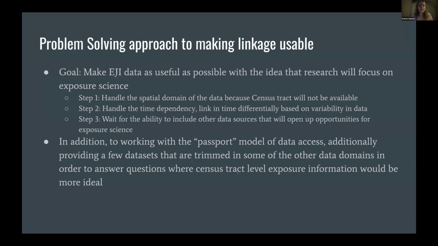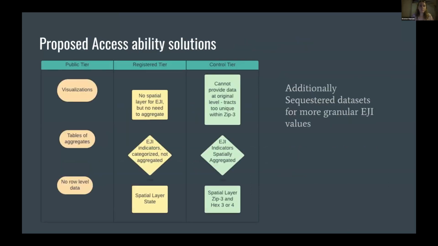So for data access, you get access to everything that's on a particular tier all at once. And so this makes it a little more difficult. We have to consider all of the different tiers separately and how exactly we're going to give the data, but census tract level exposure information would be more ideal here, not because it would be helpful for any sort of spatial modeling, but because it would be the highest resolution data that we could get.